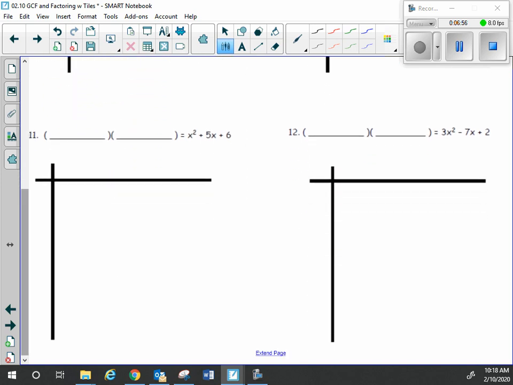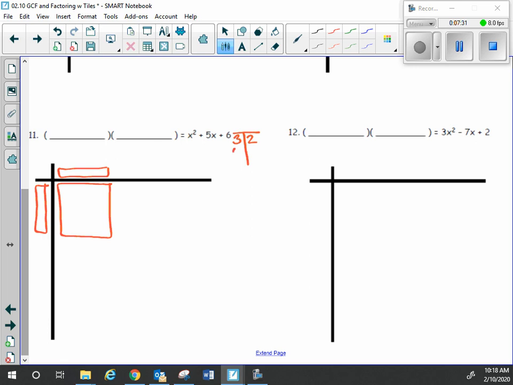Let's look down here at number 11. I know I'm skipping number 10. Where would I start? X squared. What is x squared going to lead me to? X and x. Okay. Think about factors of 6. What are my factors of 6? 3 and 2